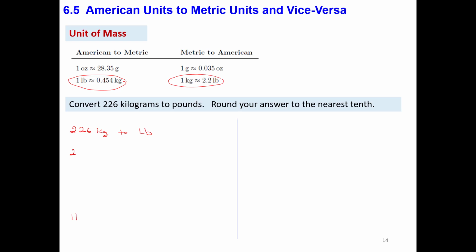Let me write here 1 pound equals 0.454 kilograms, then 226 kilograms, and we need to write kilograms in the denominator to cancel out the kilograms, and 1 pound on top. Let's cancel out. Finally we have 226 pounds divided by 0.454, and then if we divide these two numbers, we will get